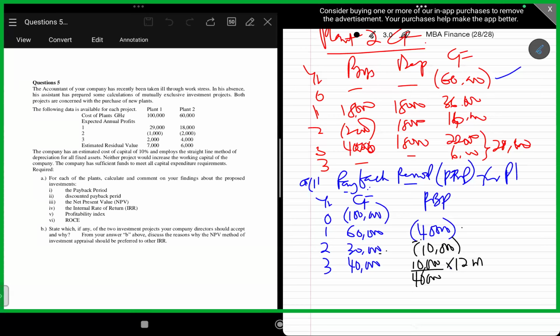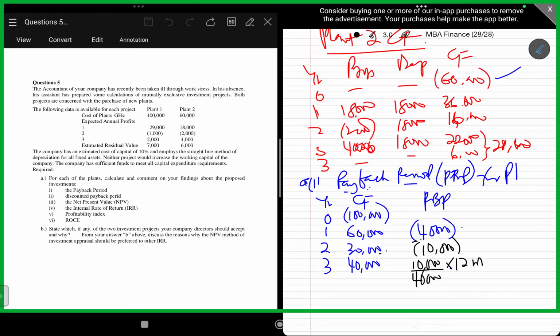40,000 times 12 months over 2,000. If I don't understand, I don't understand. What cash flow? Let's say you see 40,000 for the payback period, and then year 2, the cash flow was 20,000. And you got 40,000 a year worth for the payback period. Would you do it like